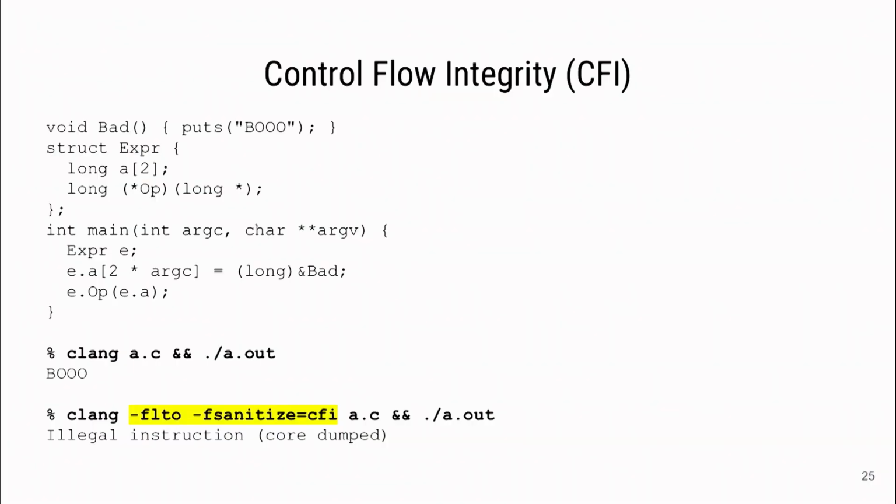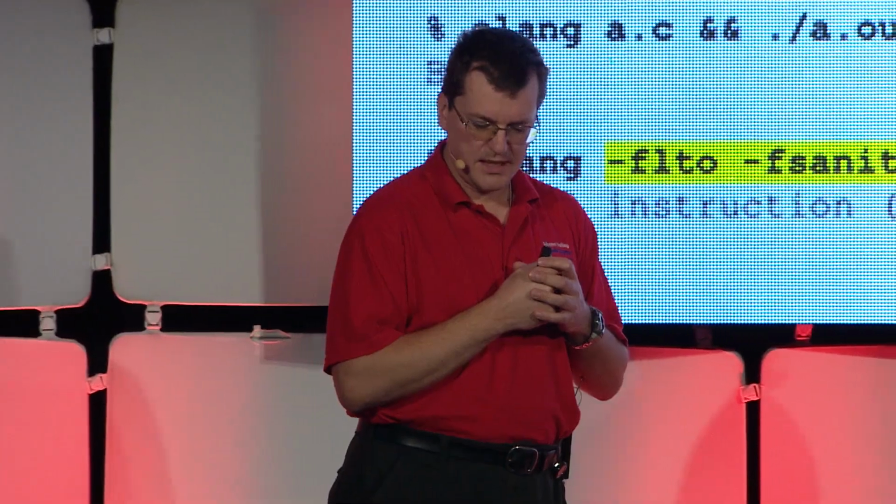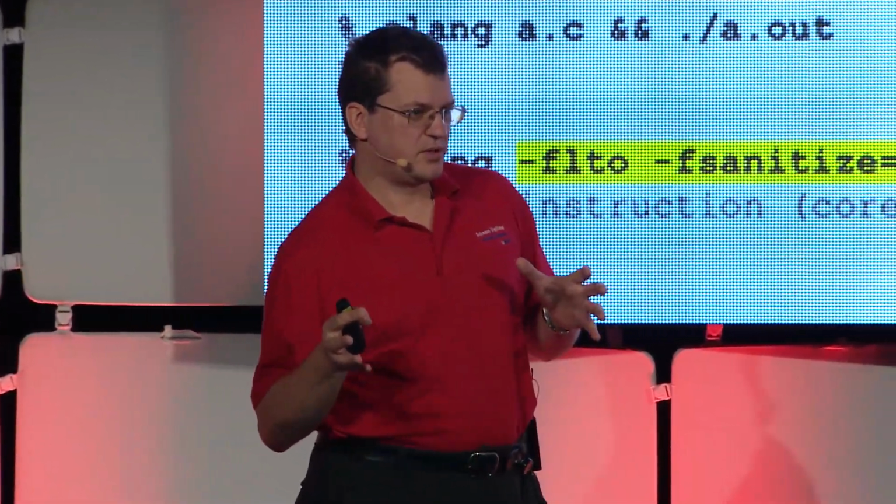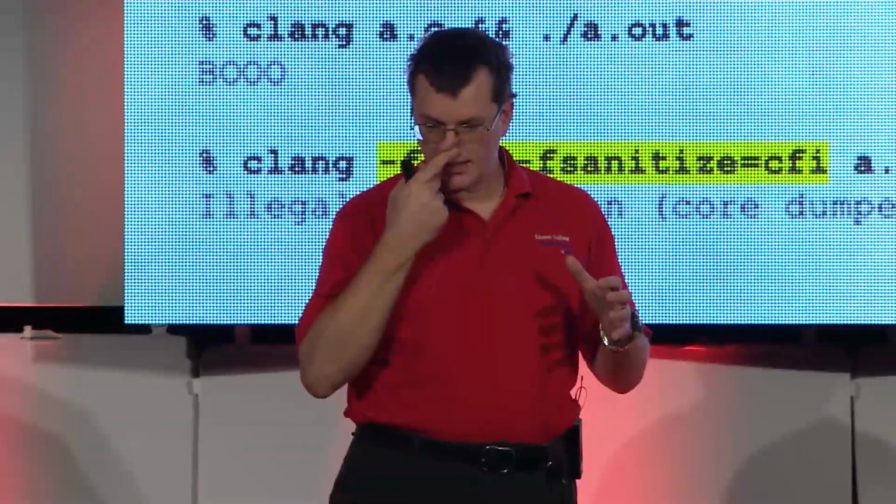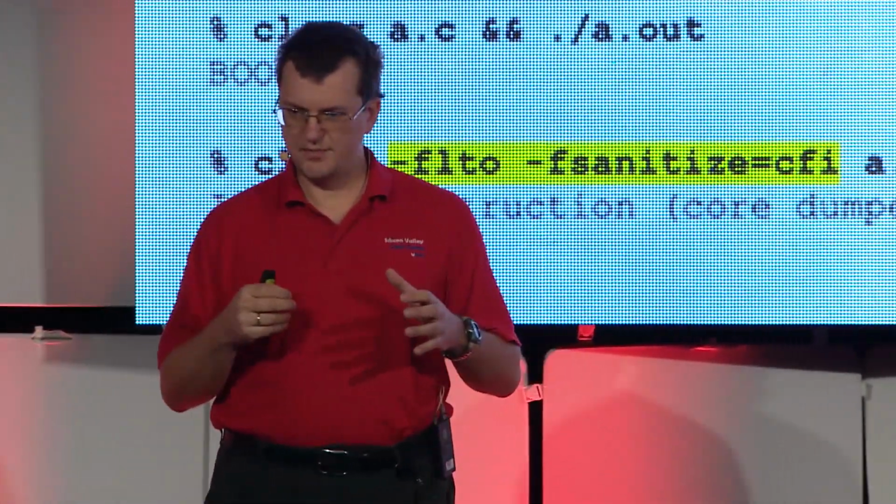This is an oversimplified example of the bug in question. Suppose you have a buffer somewhere, which is followed by a function pointer. And if your code has a buffer overflow, there is a chance that the function pointer will be overwritten with a pointer to some bad code. It doesn't have to be bad code, it's just the code that the attacker can use for their purposes. If you build the application in a regular way, the bad code will actually be executed if the attacker is lucky.